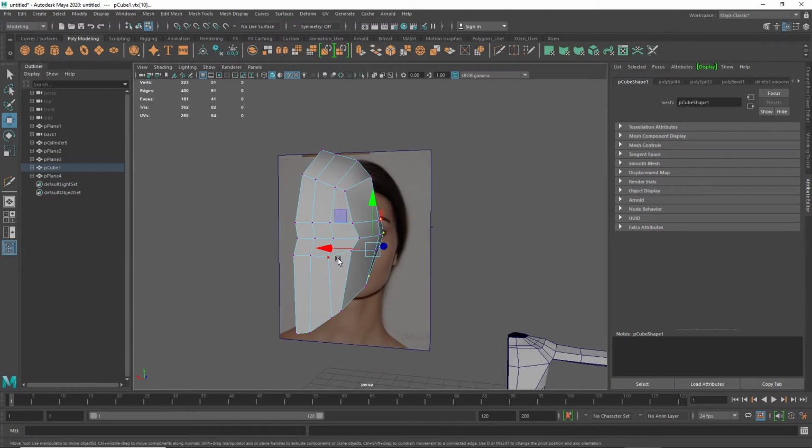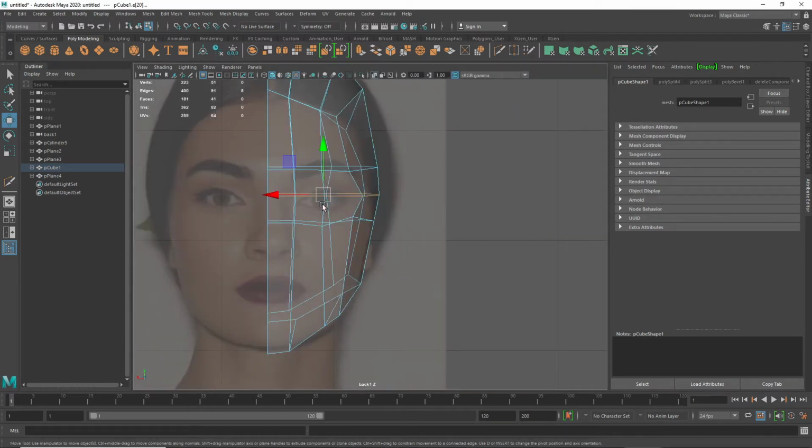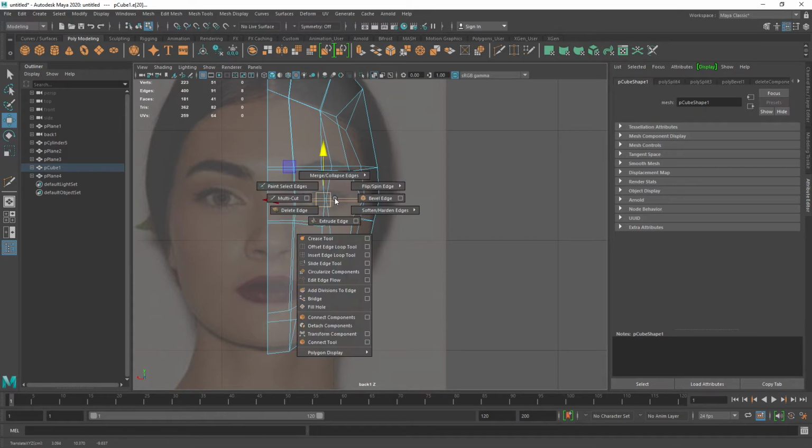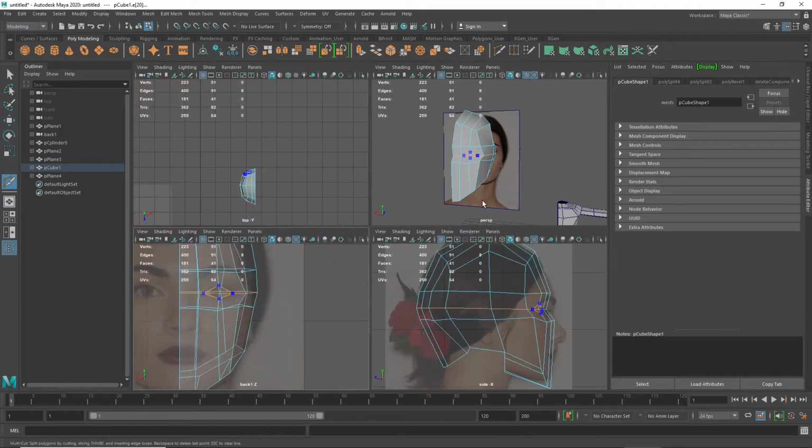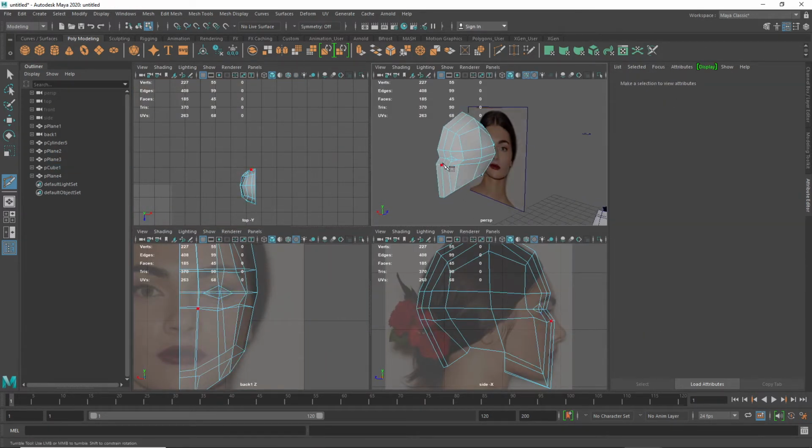Alright, now I'm going to start with some loops here. I'm going to go into edge. Let's go over here. I'm going to grab this edge loop here, which is my eye ridge here. And then I'm going to start by doing a multi-cut. So I'm going to cut around the eye, like that. And from there,